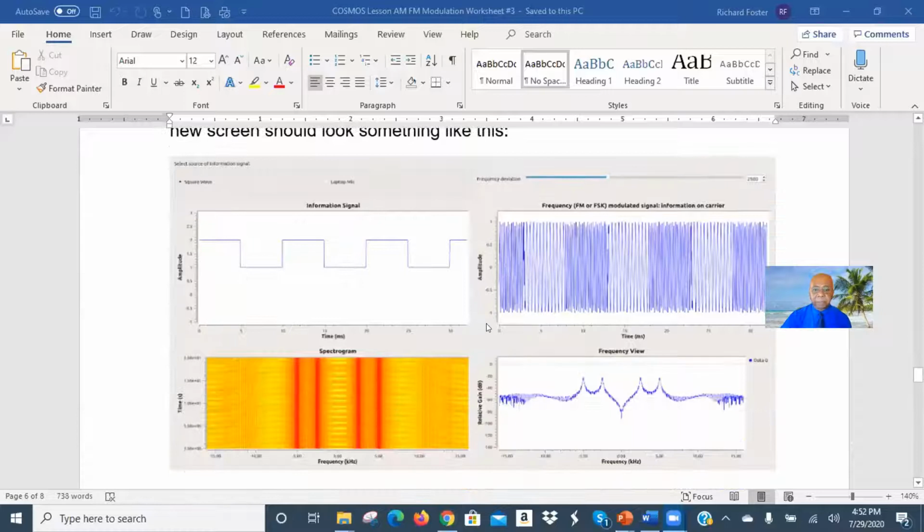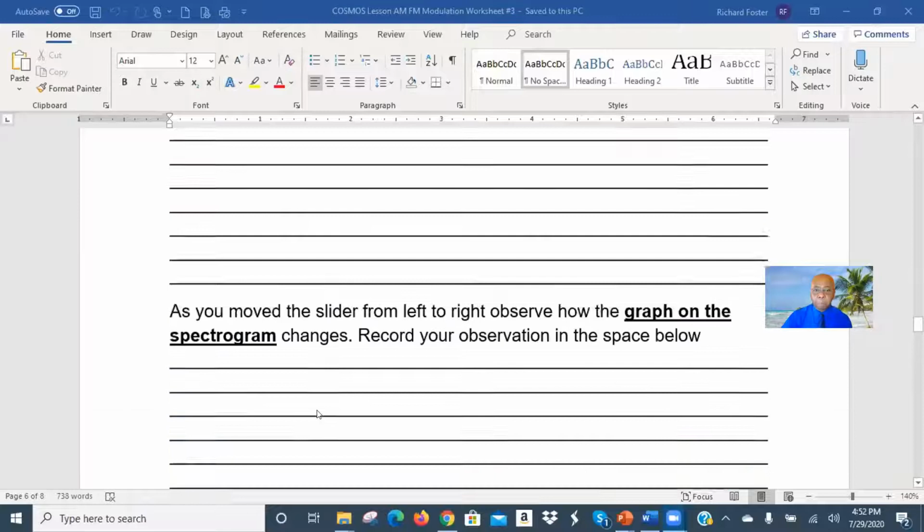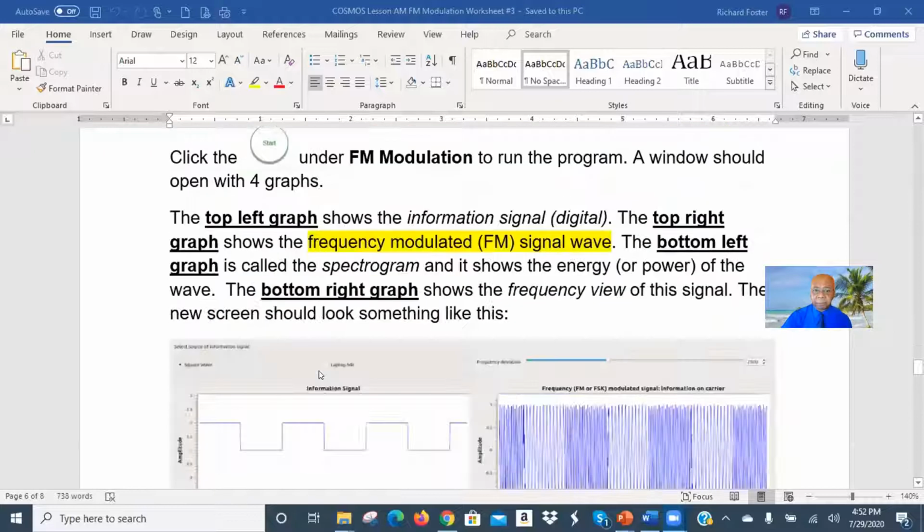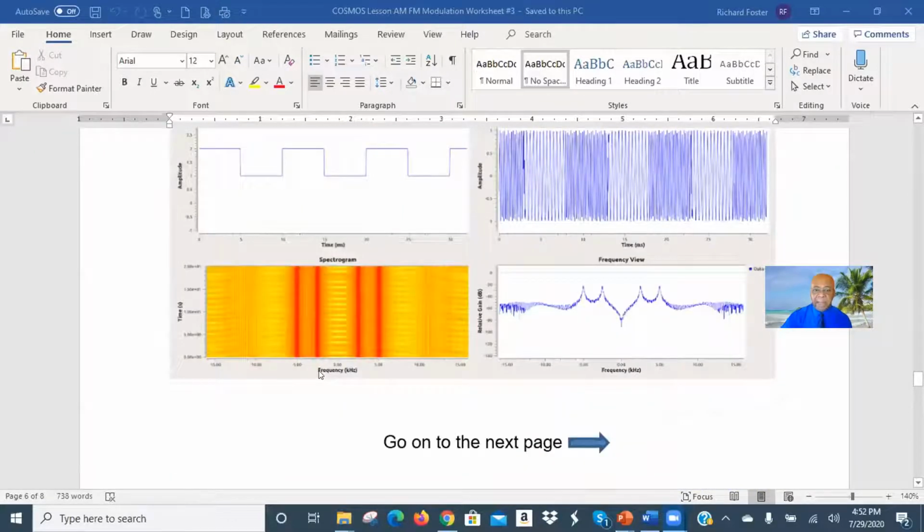And we're going to see a graph like this, and we're going to do the same thing. The slider is up here. We're going to click on the up arrow, and you're going to observe how this one and this one, the frequency modulated signal and the frequency view, change, and describe what changes you see. And then you're going to put it back to 0 again. You're going to click the up arrow again, move it across, and observe what happens in the spectrogram. And you can tell the difference between this spectrogram and this spectrogram. So right away, you should be able to figure out which one has more power. After that,